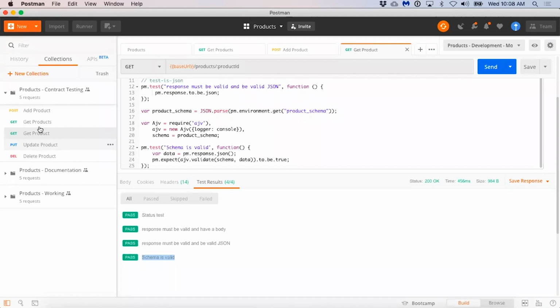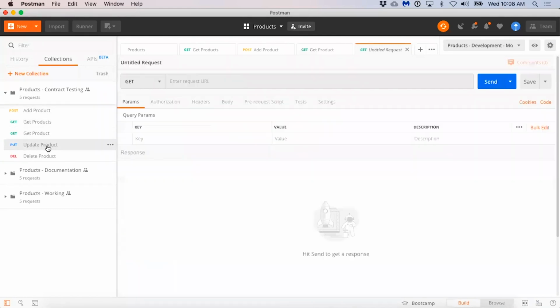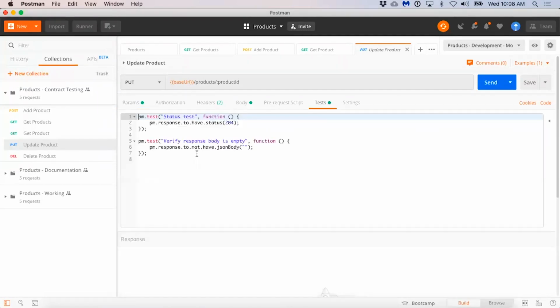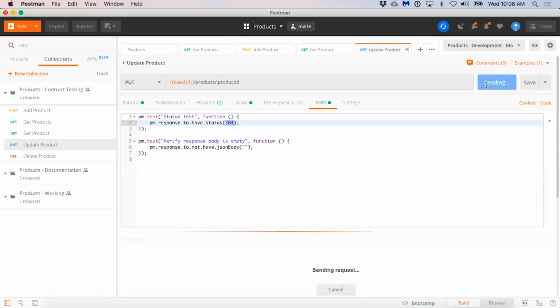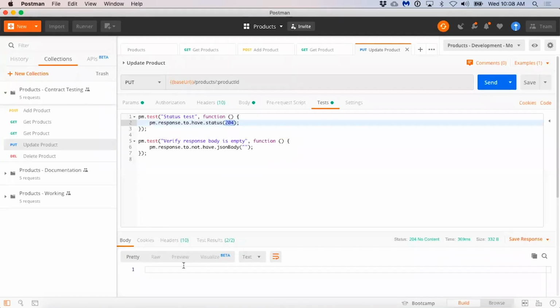So Jeff is requiring that every API request have a set of tests. He's keeping that pretty simple and pretty low bar at first, just looking for proper status codes and proper responses. In this case, it's a 204 because we're updating, and there is no response because all we did was get back our 204 no content status code, verifying that it was updated, but we don't actually need to send the body back and work with it.